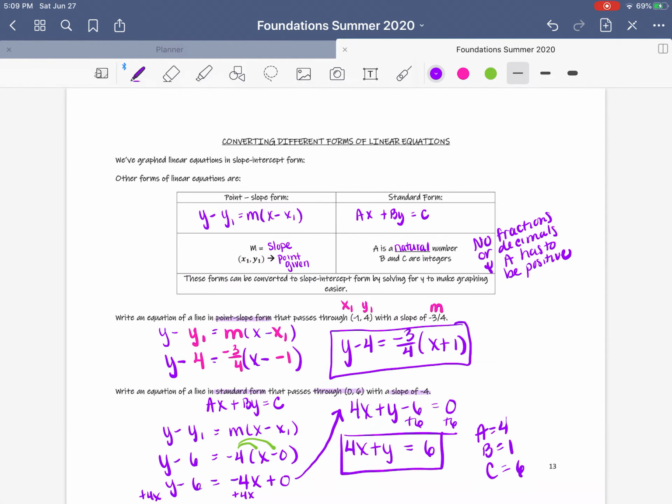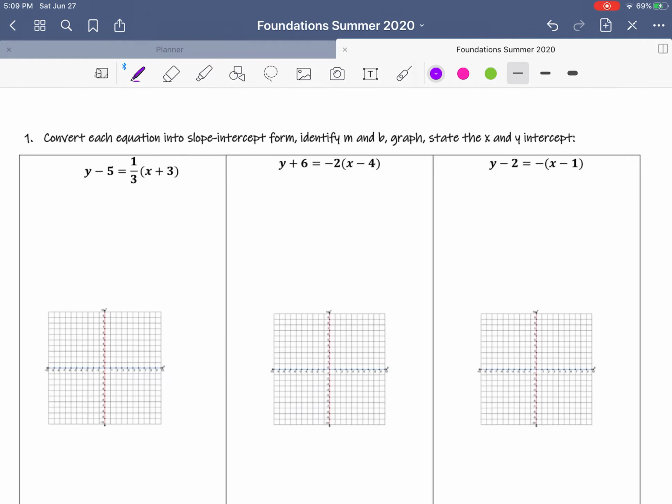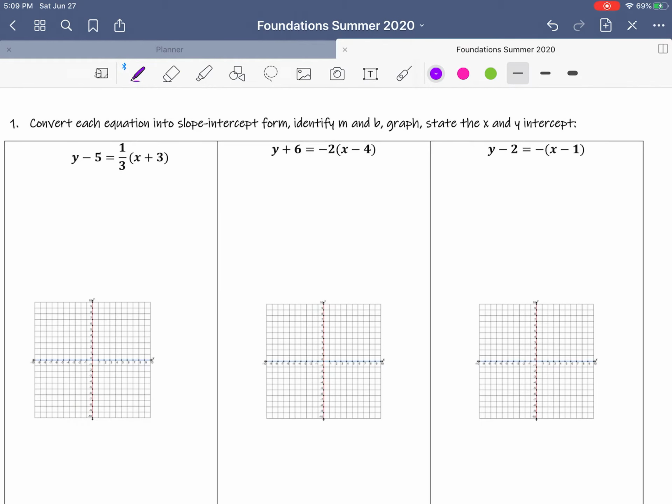Okay, let's go here. We're trying to graph these equations, and we could graph them in these forms. This is fine. We have a point and we have a slope. So that would be fine. But for the sake of this lesson, I want to show you how to convert these equations into slope-intercept form, and then we already know how to graph in slope-intercept form, so we're just going to do that. That means we are going to distribute